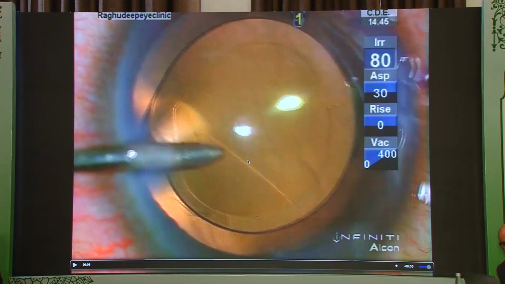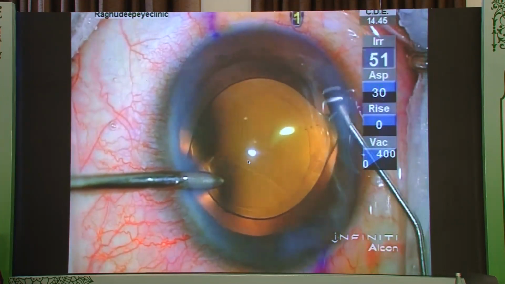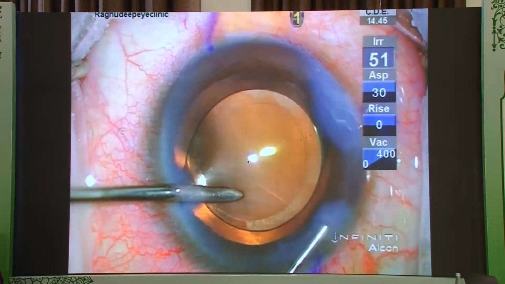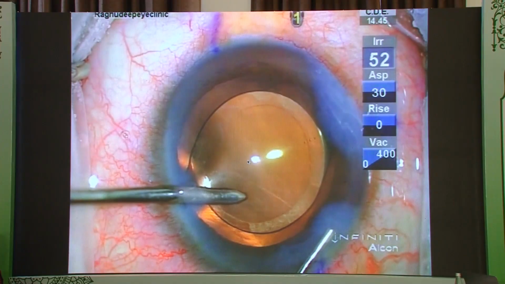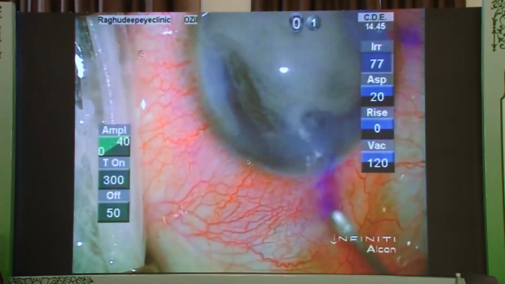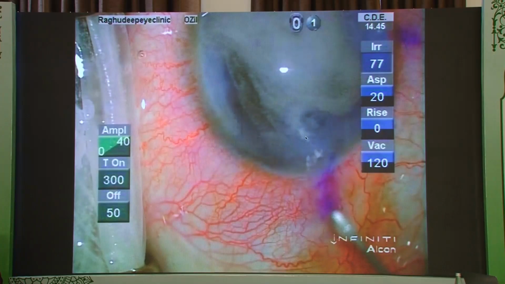So the whole message of showing this case was that at whatever stage you have a complication, I think it's very important that we manage that complication the way it should be managed, and not mentally try and ignore it. So the first thing was to not yank out the irrigation, hydrate the wounds and come out. Now after this, the patient is under topical, triamcinolone preservative free is injected. We use Orocort, and you can see that vitreous strand here which is coming. So you have to deal with it, you cannot pretend it is not there.